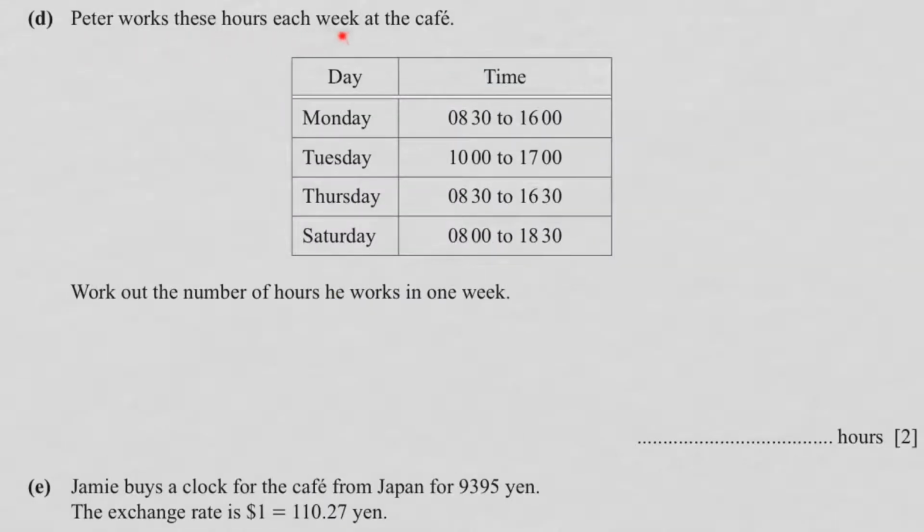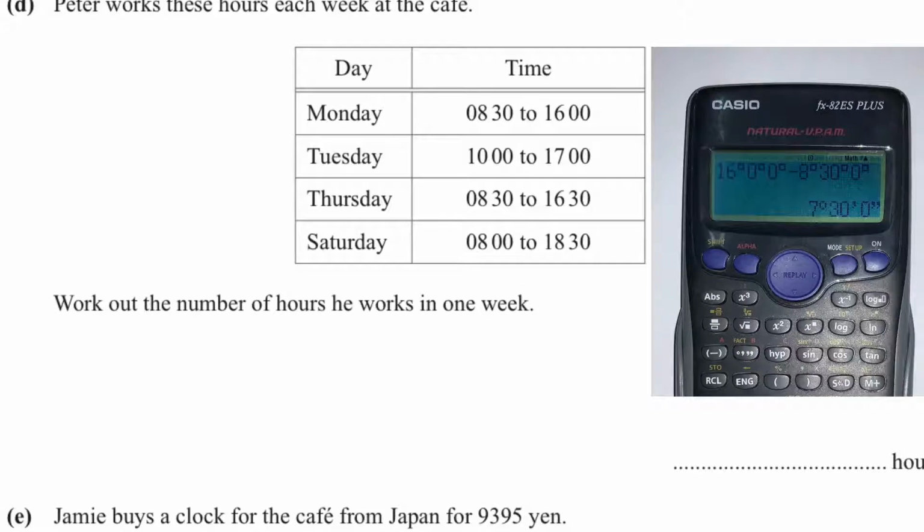Peter works these hours each week at the cafe. We have been given Monday, Tuesday, Thursday, Saturday. Work out the number of hours he works in 1 week. So you need to find how many hours he worked on Monday, Tuesday, Thursday, and Saturday. There's an easier way to do it in the calculator. So you put the last hour, which is 16. Every time you put that, you have to press this button. So 16, press this button,